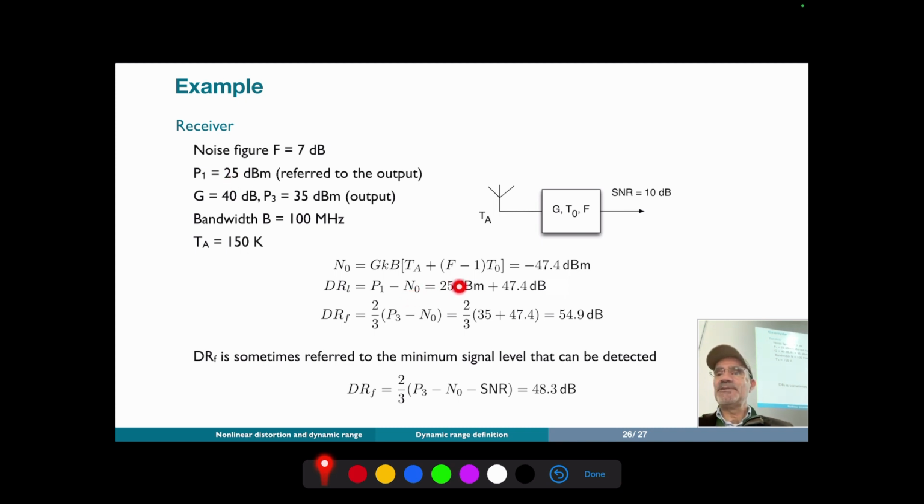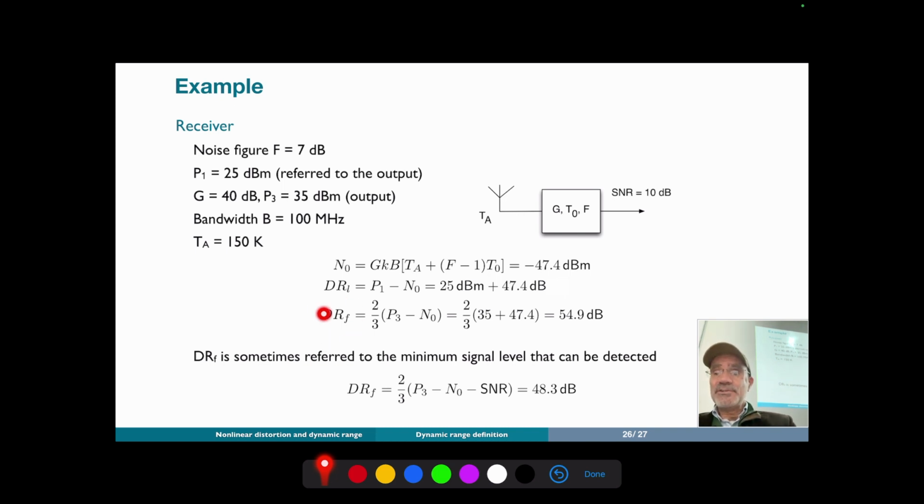The noise power, we have already calculated from the previous result, which gives us 25 dBm minus minus 47, so it's plus 47, which gives 72 dB. Okay,